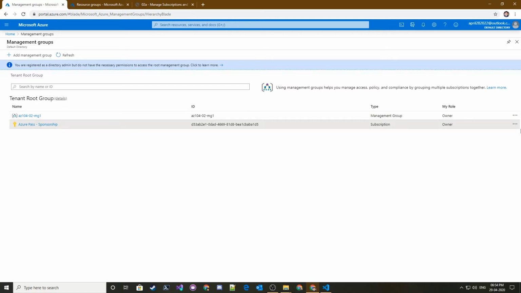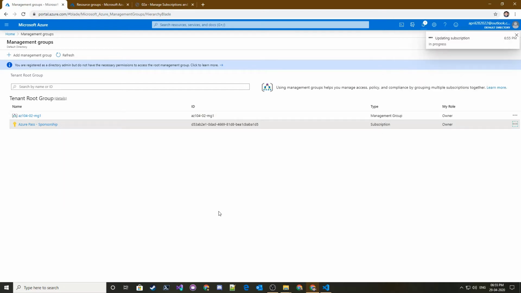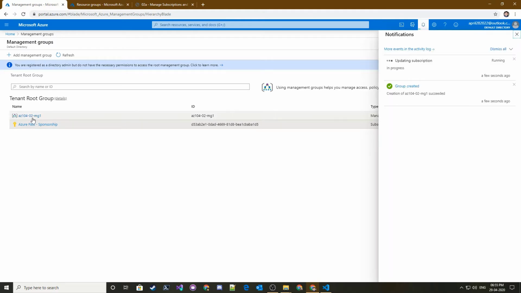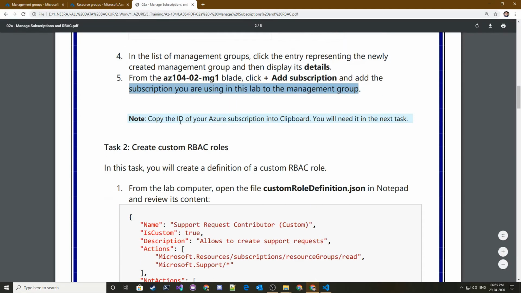If I click on move here and click on this, this subscription will be updated and placed in this root management group. Okay, this is done. You can see inside this root management group we have the subscription. If you have multiple subscriptions, all of those can be moved like this.